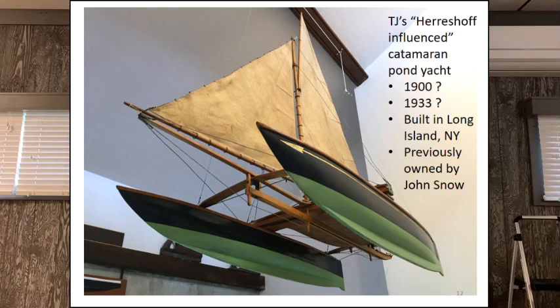This is my yacht that, as you see, actually hangs like a beautiful cathedral ceiling in my house, and these things just fly overhead. And here's this Herreshoff-influenced catamaran that, my best guess, was built in 1900-ish, or maybe 1933, as influenced by Amaryllis too. I believe it was built in Long Island, New York, and the reason why I know that, I'll show at the very tail end of the presentation, there's actually a clone to this yacht that I